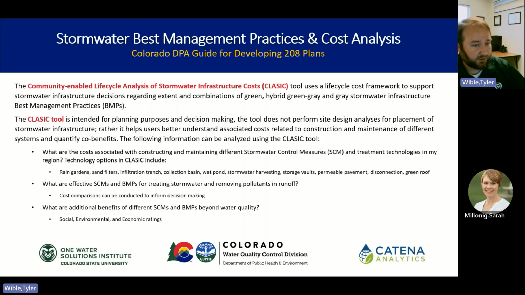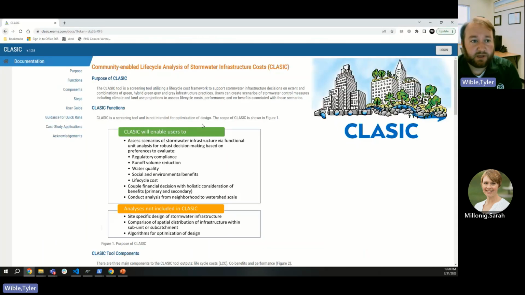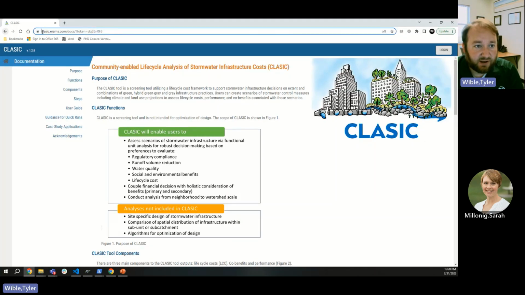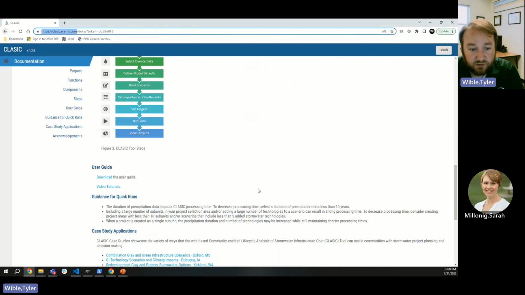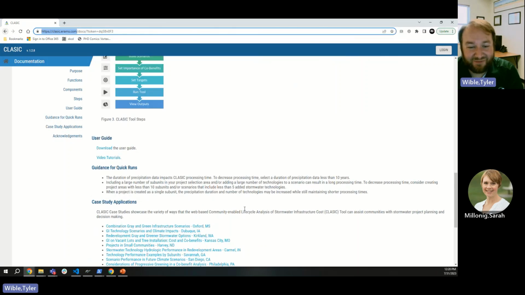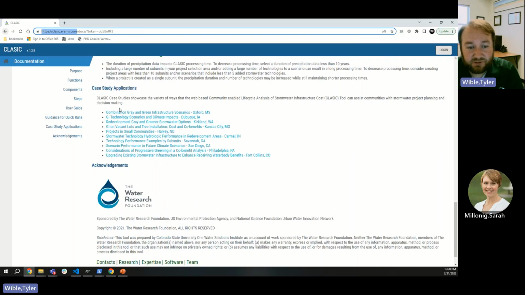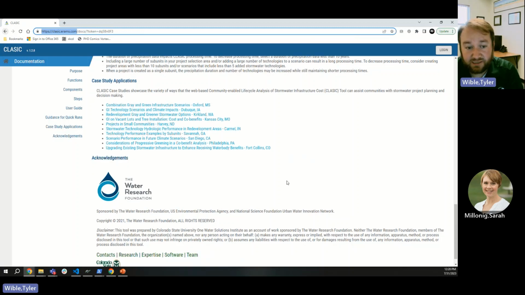design level tools. If you start off by going to classic.erams.com, you're going to land on a page very similar to this one. It'll give you an overview of what CLASIC does. It includes things like the user manual, tutorial videos. This video is going to end up in this tutorial link, so you'll be able to see this again, as well as some case study applications, right? So if you want to look at some of the case studies of people that have used the CLASIC tool to answer their question in their area, these are documented here, so you can kind of see examples of what